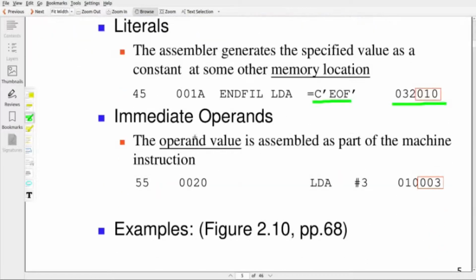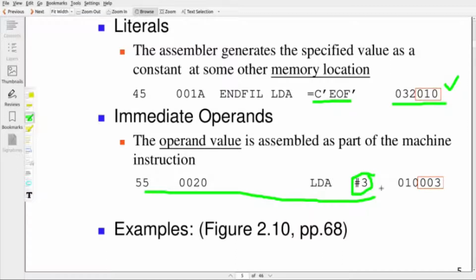Literals and immediate addressing look almost similar, but let us see how they are treated differently. Already we understood how literals are treated. For an immediate instruction, for example, load accumulator #3, the #3 indicates immediate addressing.